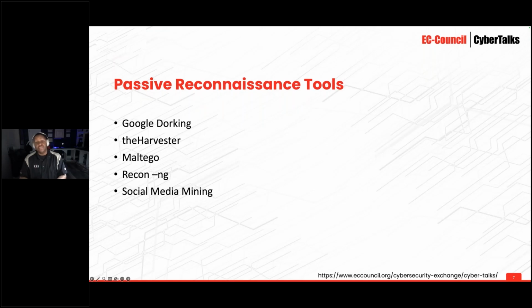Recon-ng. This one is a modular reconnaissance framework that automates OSINT data collection. Think of it like Metasploit, but for recon, right? This does not give you any exploitative resources. Like I said, it's just for recon. Automating WHOIS lookups and social media account discovery, stuff like that, is all part of Recon-ng. And then social media mining,